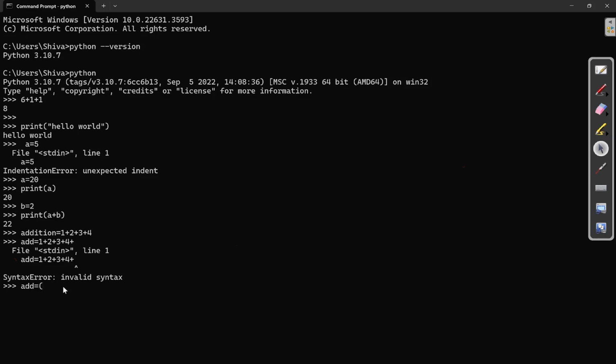I have opened the bracket. Inside this I am typing 1 plus 2 plus 3 plus 4. Now if I click on the enter button, I will not get the error. I will move to the new line. I have clicked on enter, and I am getting to the new line. Now 2 plus 3 plus 4. I still have not closed the bracket, so if I click on the enter button, I will move to the next line. I am getting the error because I have not provided the plus sign over here. After 4 I need to provide the plus sign.